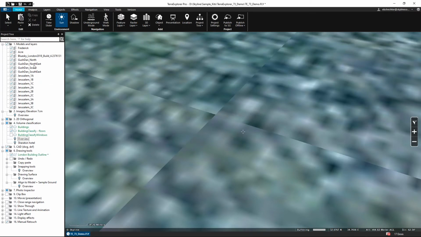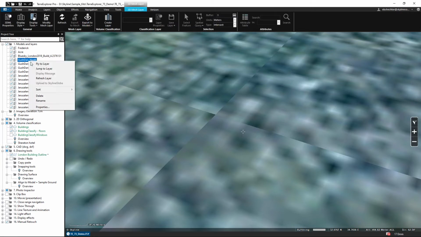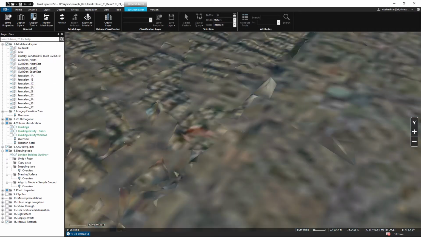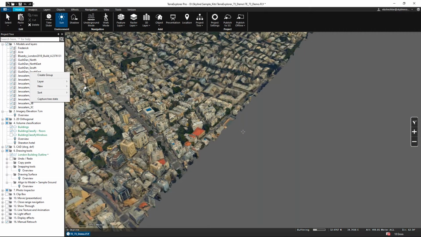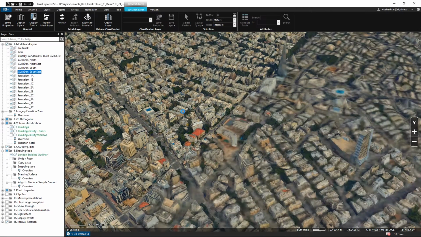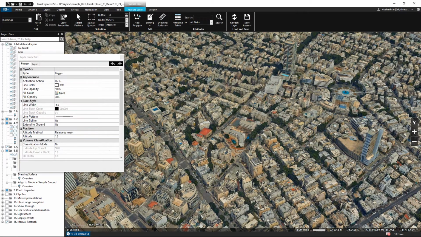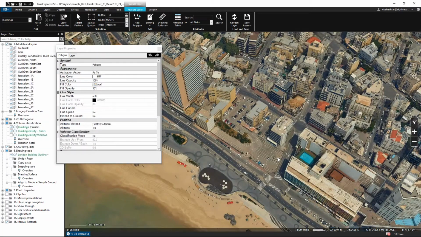So we're showing the building classification. Let me just refresh these layers. Here we go. So we're looking at the full 3D mesh. And when we look at the building layers for the classification options, right now we have the classification mode set to no. And you can see some of the building footprints appear. If we set it to the colorize option,